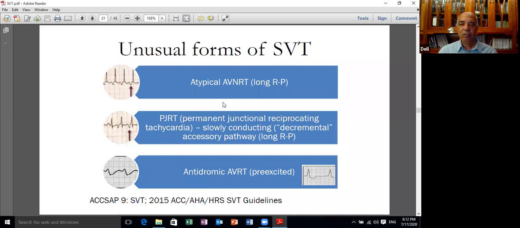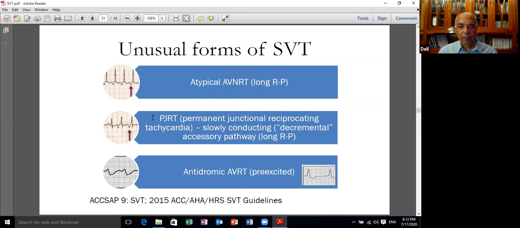So this is usually very rare, and it gets confused with atrial flutter, but usually it gets explained by the presence of a slow conduction, two slow pathways, or one slow and another one which is intermediate, neither fast nor slow. But this is usually left for the electrophysiologist to discuss.